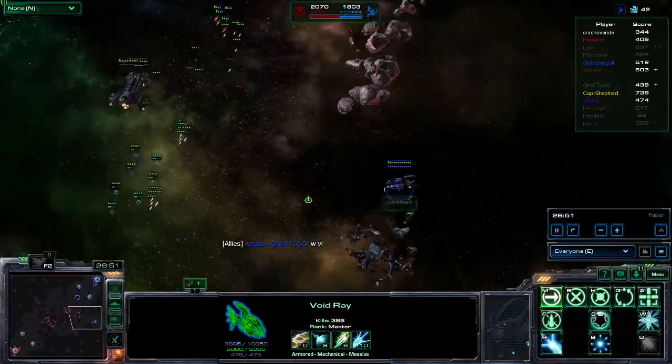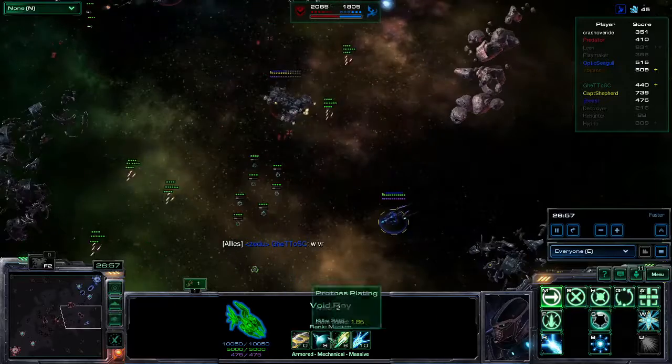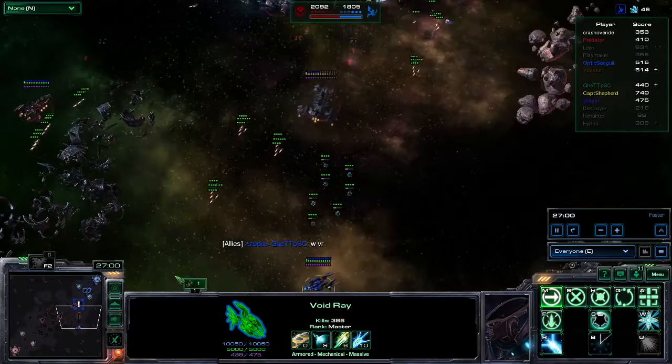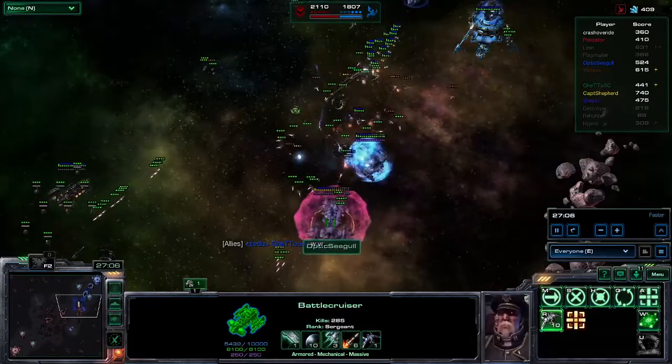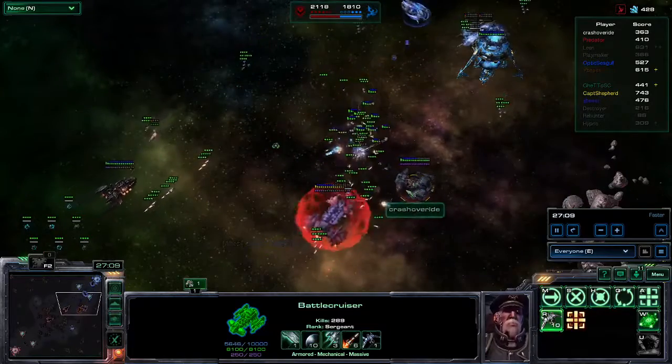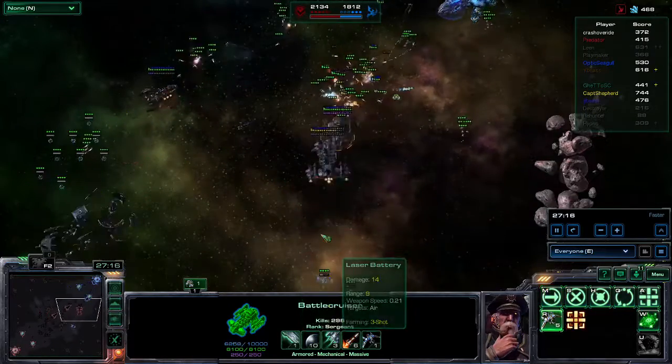We got some sneaky Void Ray stuff. Will this catch Optic Seagull out? Optic Seagull probably sees the Void Ray, but doesn't want to commit to it. Wants to stay up with his buddies. He's figuring that if he can't see this Void Ray that could cloak, maybe Crash Override has something for him. He doesn't right now. But having more people around them, it's sort of like